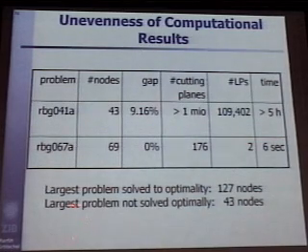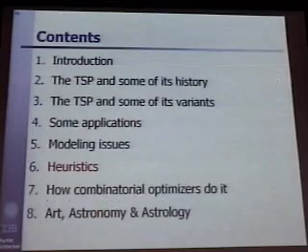And there's a big problem we could solve with 127 nodes, and one with 43 we could not solve. I just don't know why it is so. It's difficult. From a theory point of view, of course, it is clear that this will happen. But in practice, this is something that is unknown, and we are still trying to understand what's going on there.